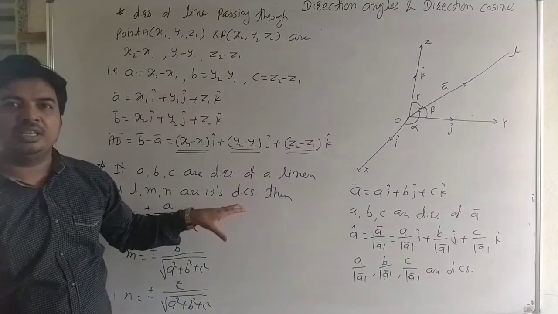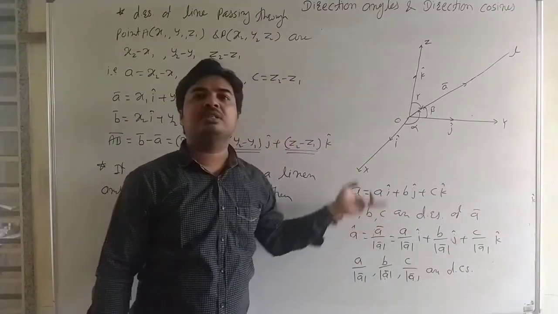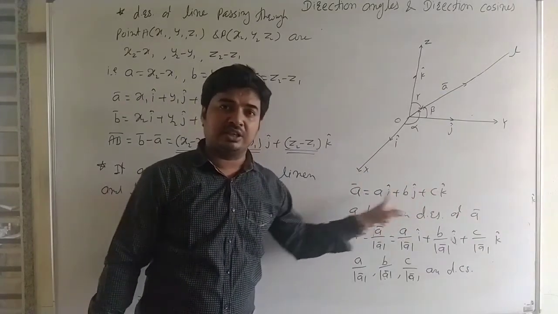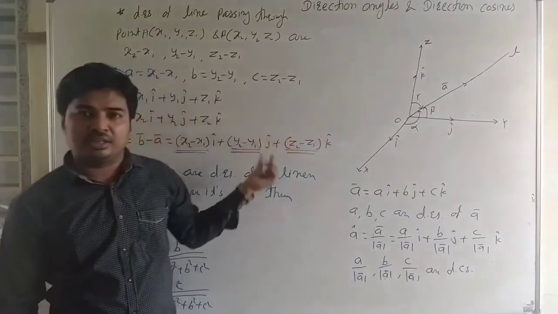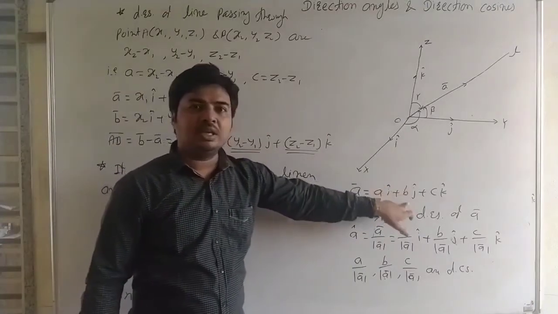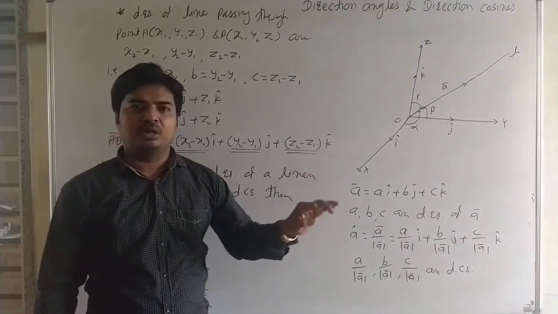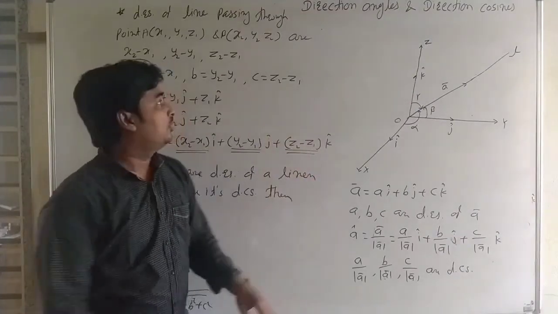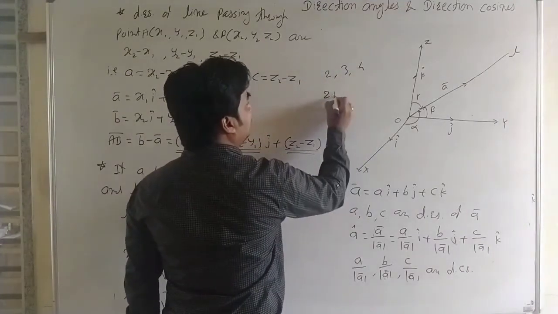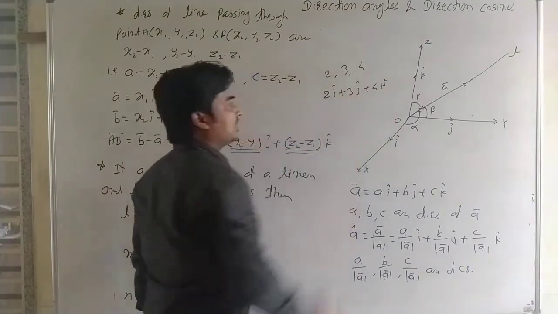म्हणजे डायरेक्शन रेशियोज जर दिलेले असले तर त्याच्यापासून तुम्ही व्हेक्टर तयार करा, किंवा व्हेक्टर दिलेला असला तर आय जे के चे कोएफिशिएंट म्हणजेच काय, डायरेक्शन रेशियोज. Here a, b, c, the coefficients of i j k, are the direction ratios, and when we get the direction ratios a, b and c, then the vector along that line is ai cap plus bj cap plus ck cap. That is, when we are given the direction ratios 2, 3 and 4, then the vector along that line is 2i cap plus 3j cap plus 4k cap. 2, 3, 4 are the direction ratios.